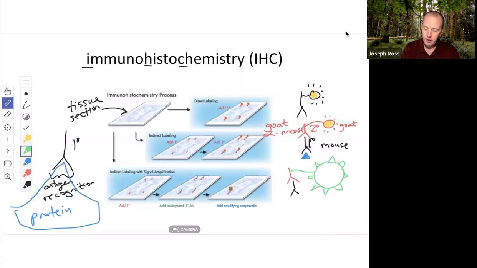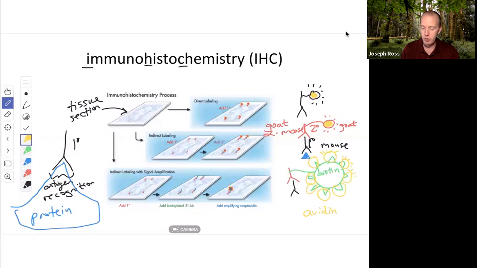So in this case, this example is indicating this is a biotinylated secondary antibody. And what that means is that there is another protein, avidin, which recognizes and binds to biotin. A lot of avidins bind to a single biotin molecule. So that's the reason this is called amplification, because each of those avidin molecules is itself coupled to